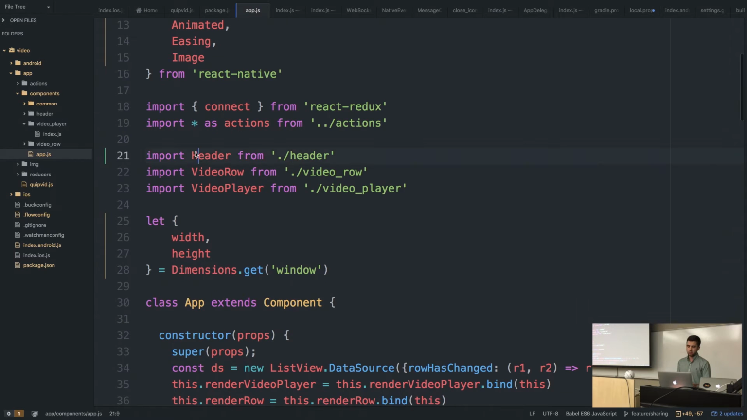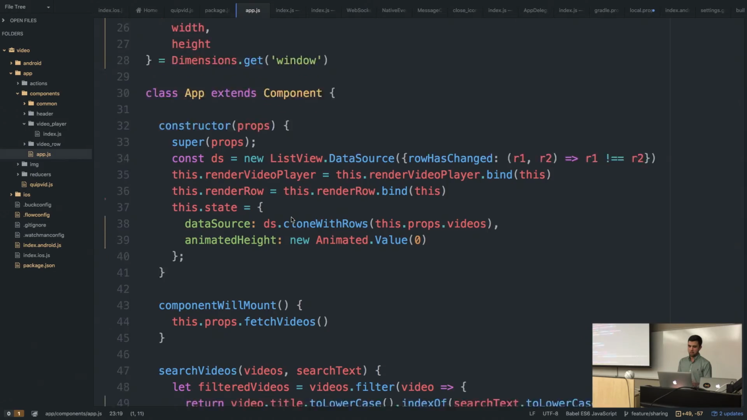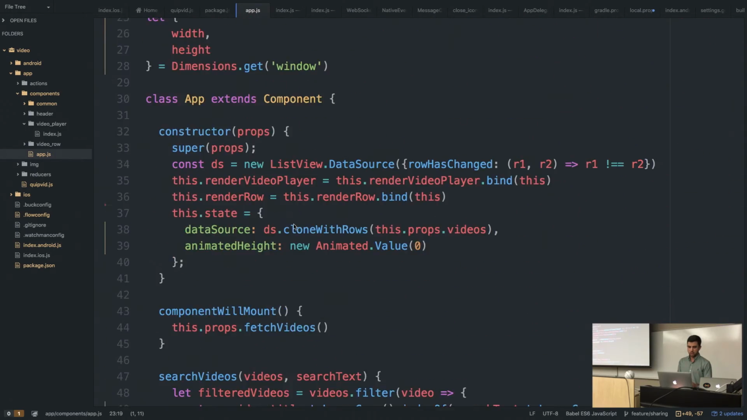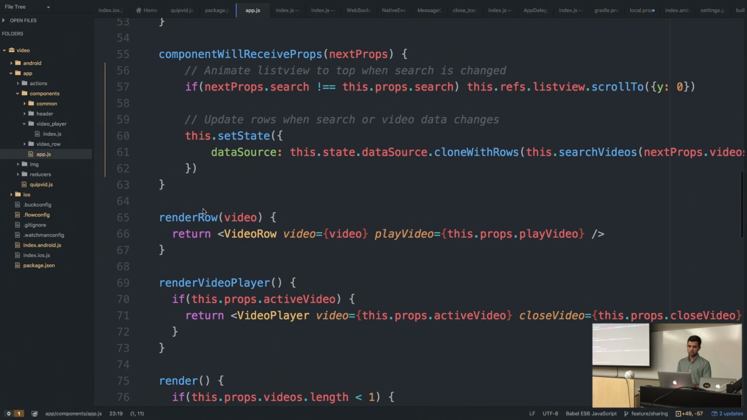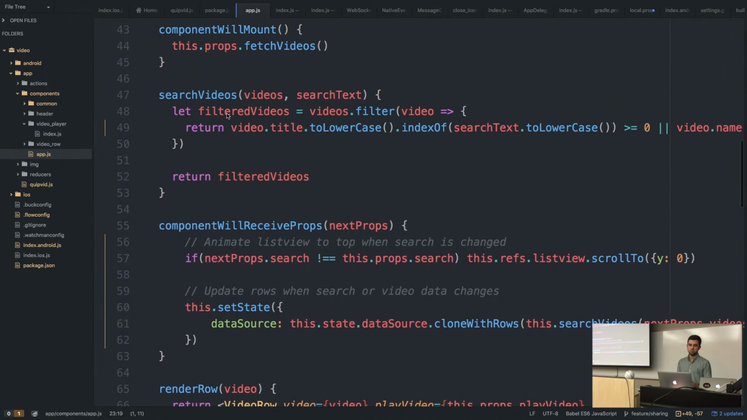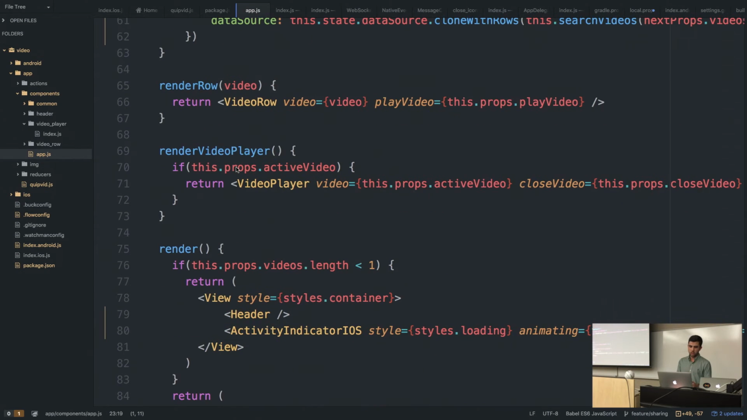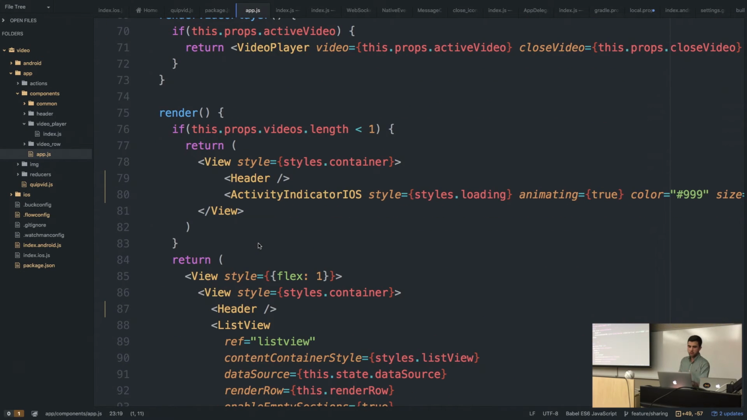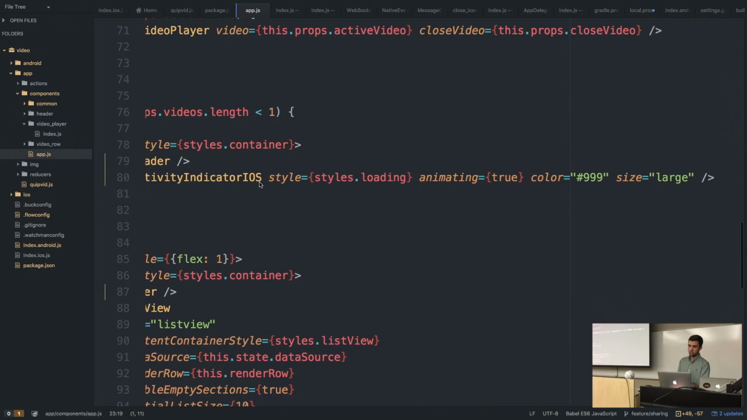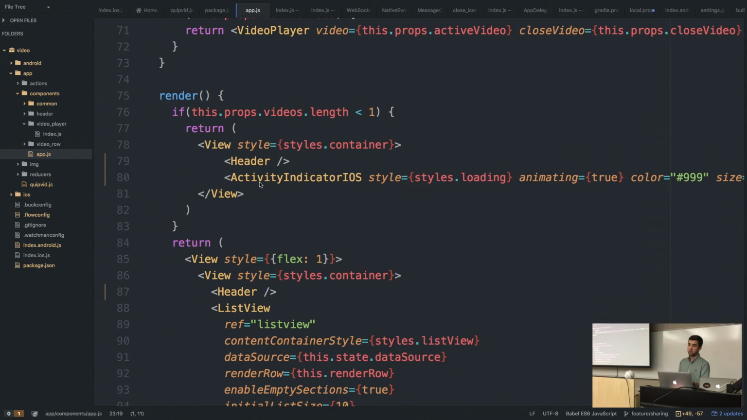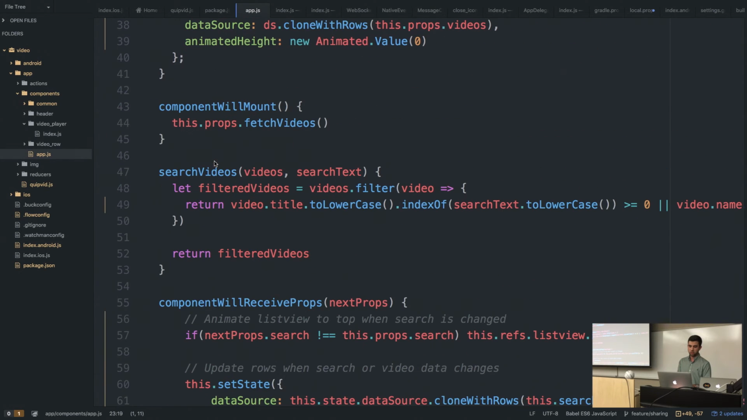So essentially I have a header component, a view row component, and a video player component within my app. And the app is pretty straightforward. Like I said, there's a bunch of lifecycle methods, so componentWillReceiveProps, componentWillUnmount, componentWillMount, things like that run automatically for you. You don't have to call those explicitly. So in here I have this render method that just returns a loading view if I don't have any videos, which I just get from an API call right here in componentWillMount. So this.props.fetchVideos is a function that I wrote,